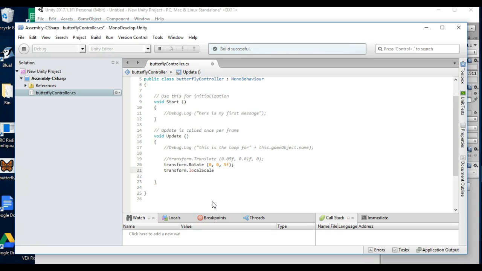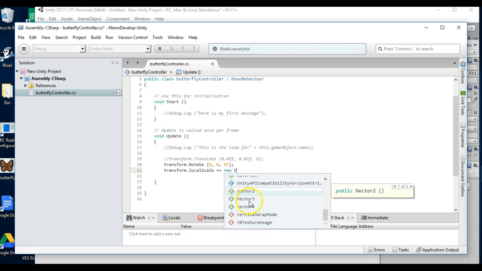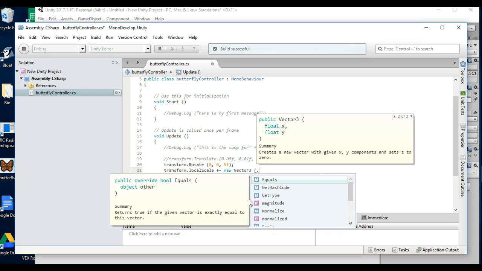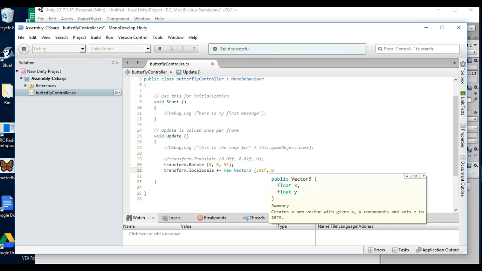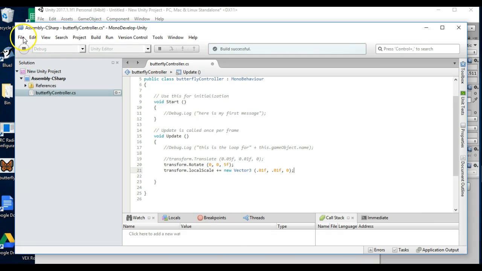All these things are vector 3s, but the other two sort of hide them for us, though they're still in there. We're going to add to the vector 3, so we've got to go plus equals to add to it each time. You guys have seen that before. New vector 3. And a vector 3, of course, takes 3 things. All right. And so I'm going to make a little scale change on the X, and a little scale change on the Y, and none on the Z, and let's save,